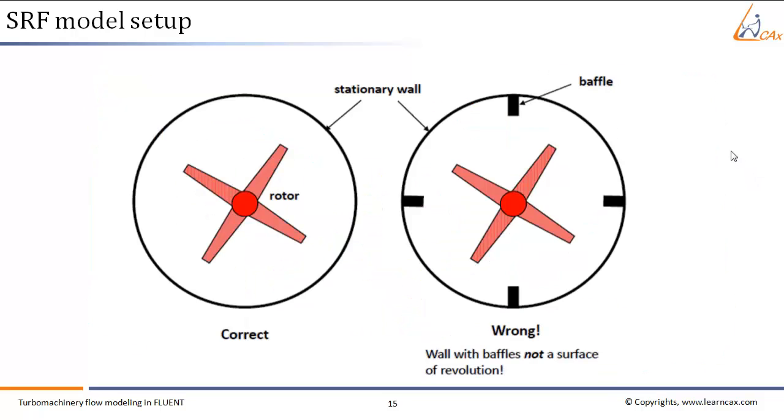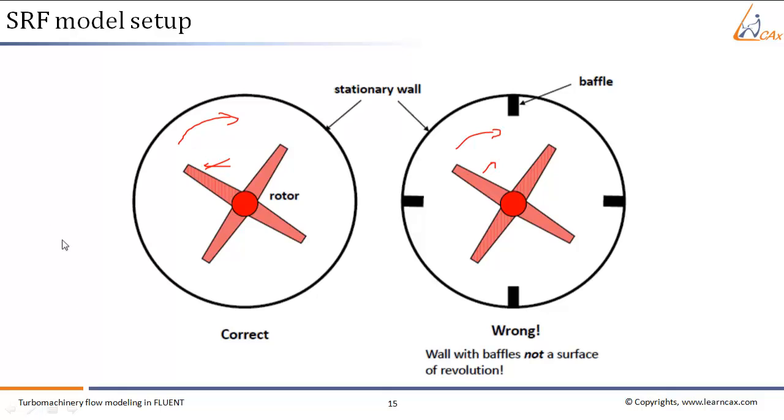Another pictorial representation in order to understand the SRF concept and setup. If we consider a rotor around which we have to model the flow which is rotating. So this is the rotor that we are going to consider, and this particular flow is basically rotating. Same case here. These are the blades of the rotor and the flow is rotating around those blades. For this, we have to select the SRF domain and model setup for considering this as a single reference frame